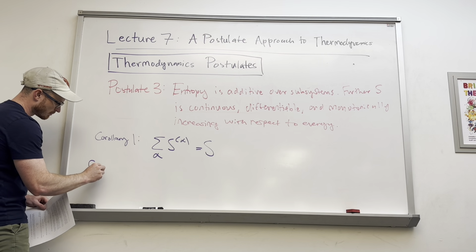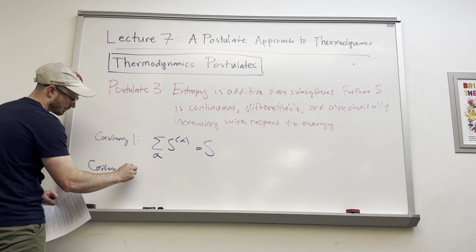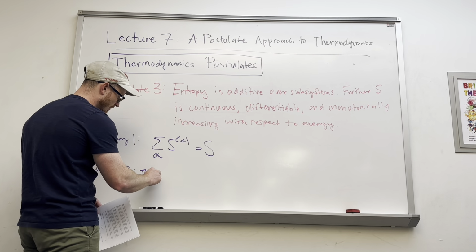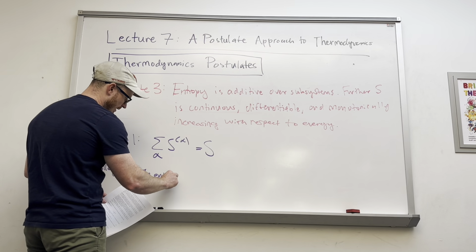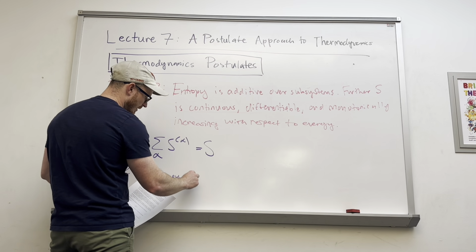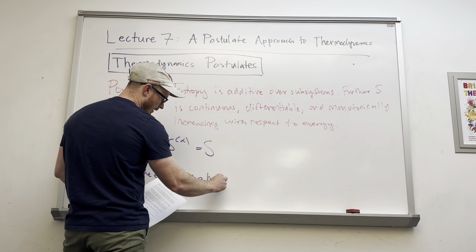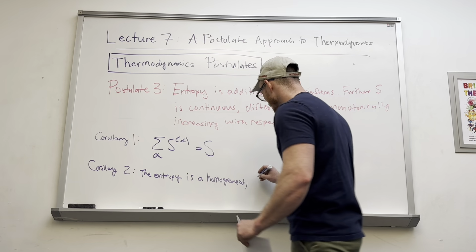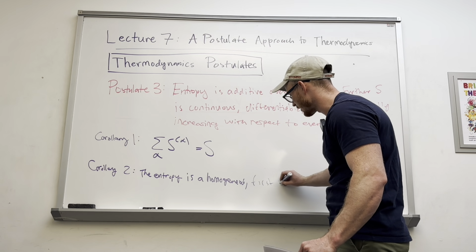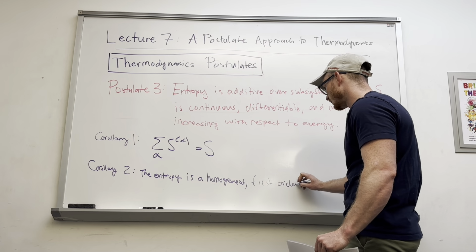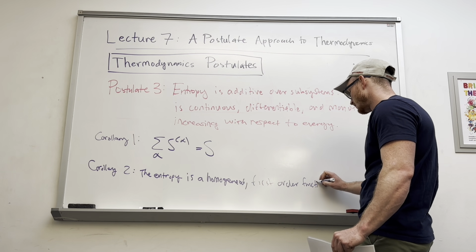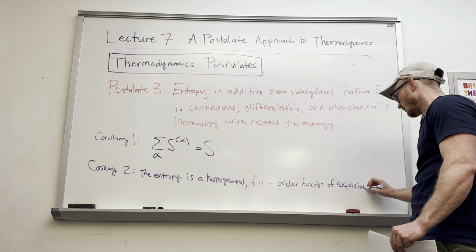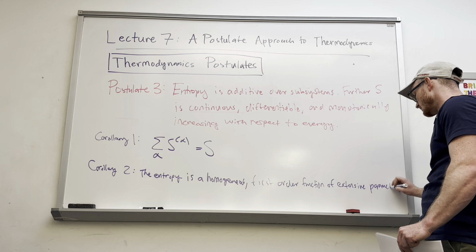Corollary 2 is that the entropy is what's known as a homogeneous first order function of the extensive parameters. What does that mean? First order function of extensive parameters. What that means